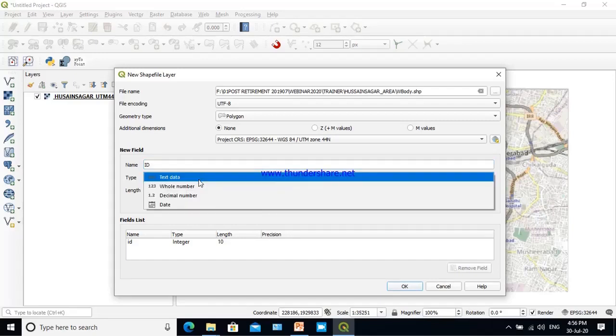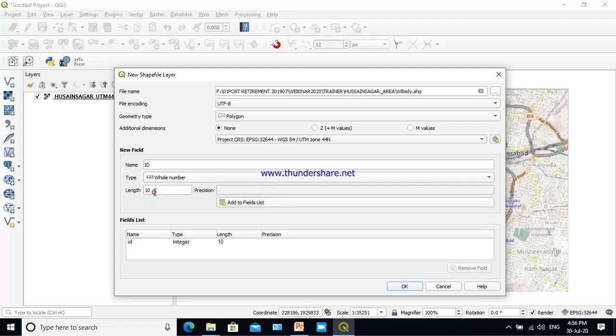It should be an integer with 5 characters. 10 is too large; 5 will accommodate a very large number of rows. So add this field to this list. What is put here is brought to this window.